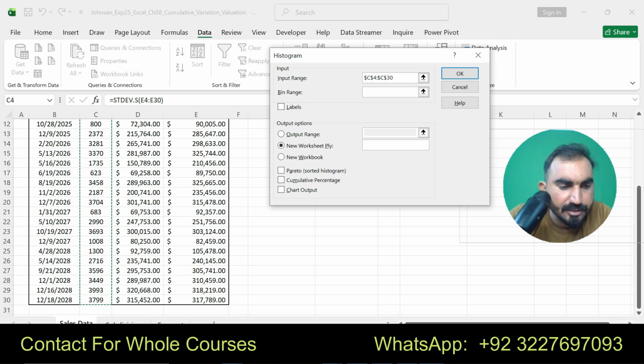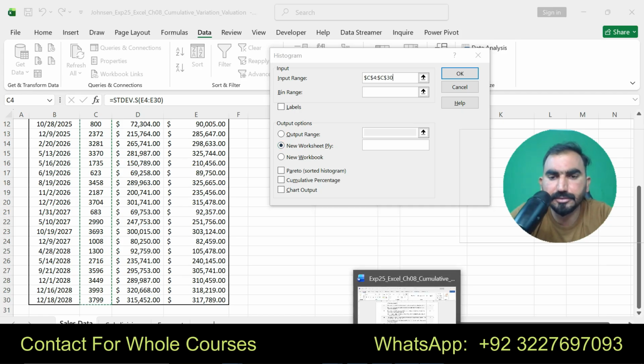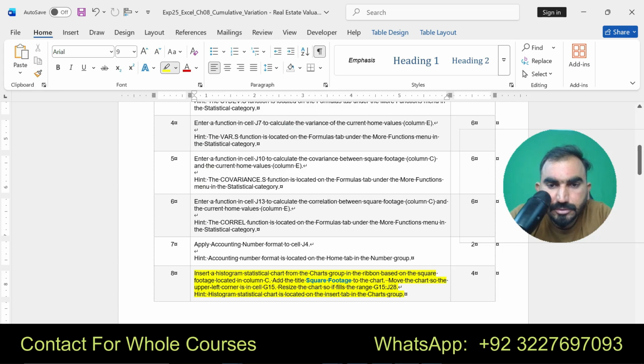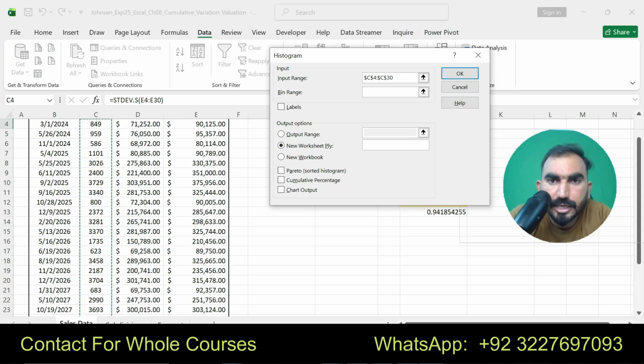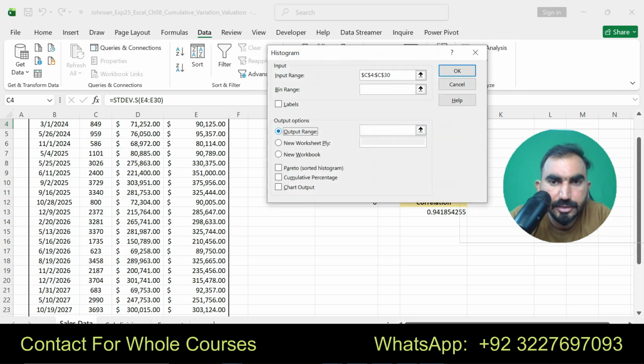Then it says okay, then use the bin range. I am going to put the bin range for the histogram and the output range in G4.